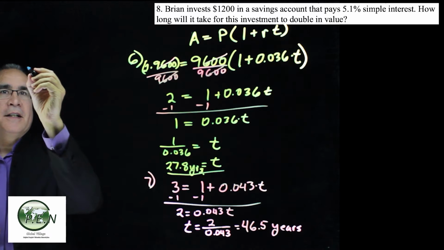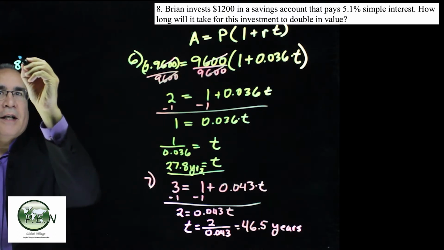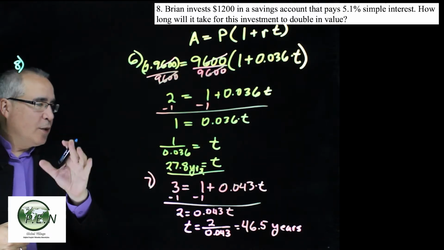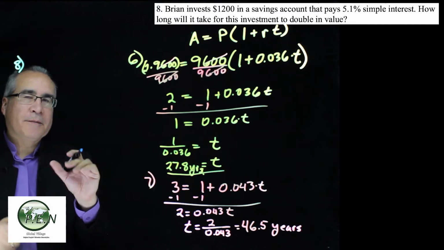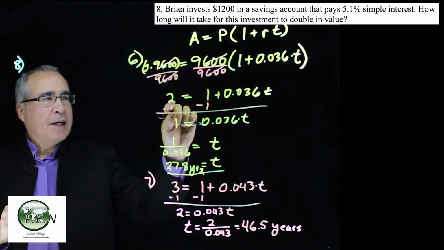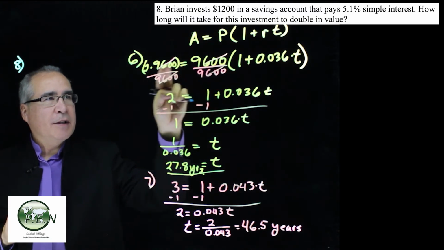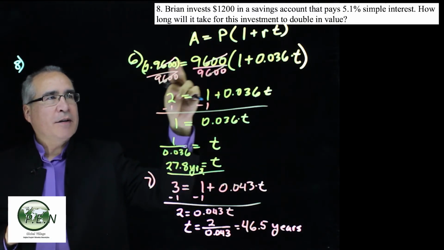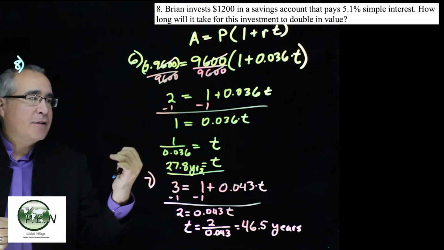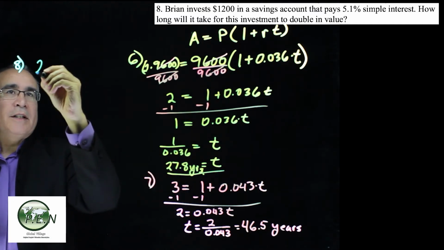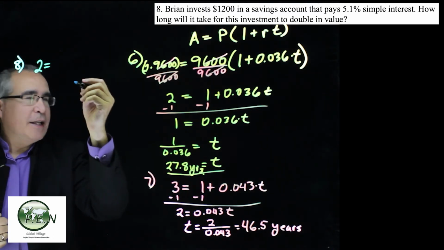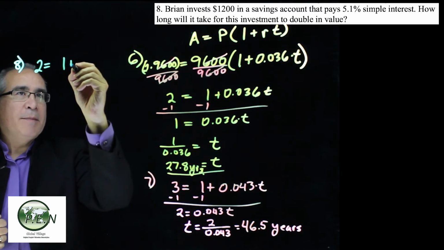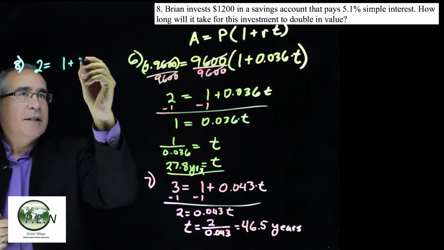Over here, we're going to take question number 8. Same way. $1,200 in a savings account, paying 5.1%. How long will it take to double? Again, we're going to start right here. Double. We don't need to put in the deposit amount because that's going to cancel out in that first step anyway. So we want to double our money. And what do we know? It's really only based on the interest rate. So here's our money back plus